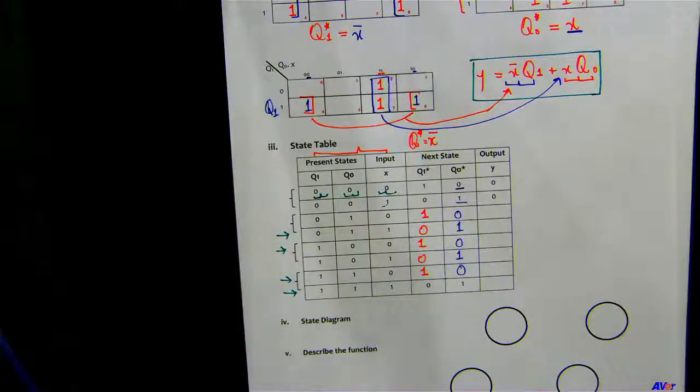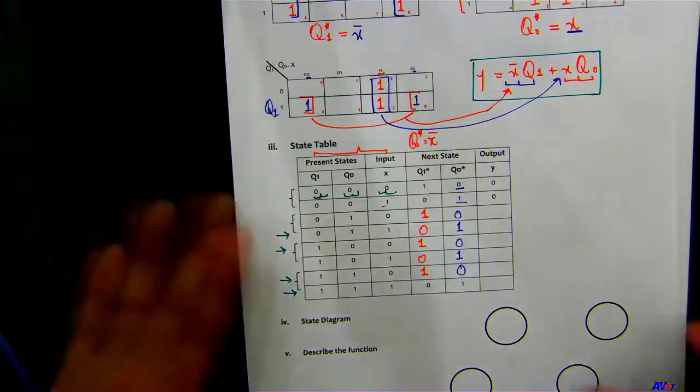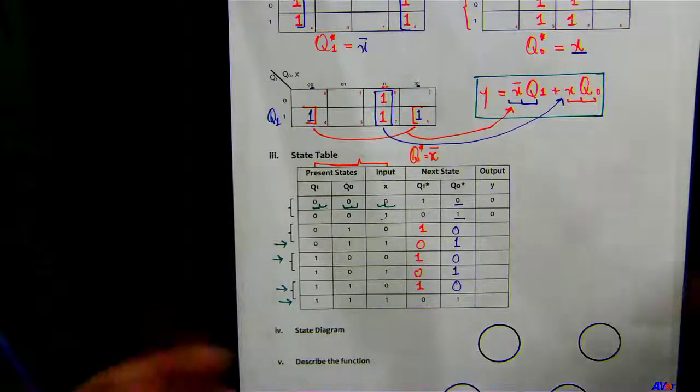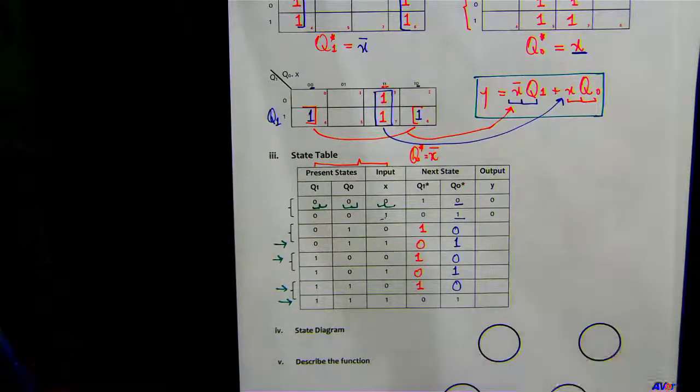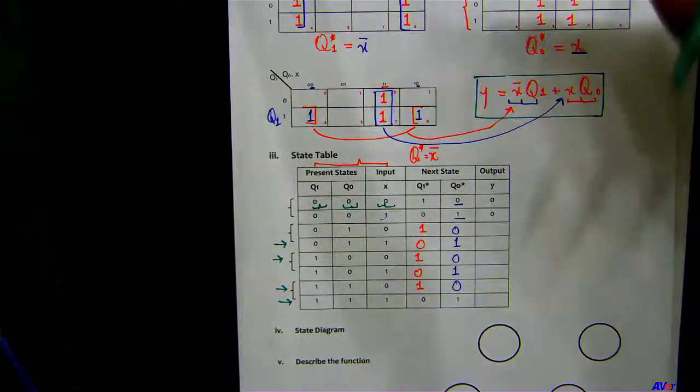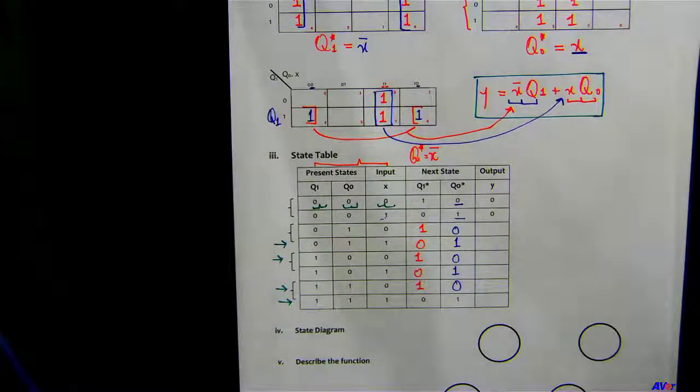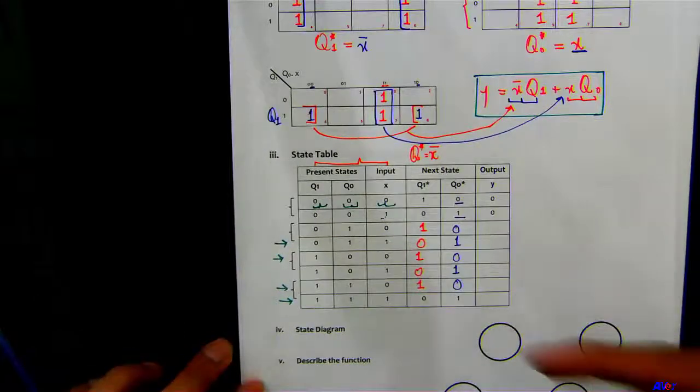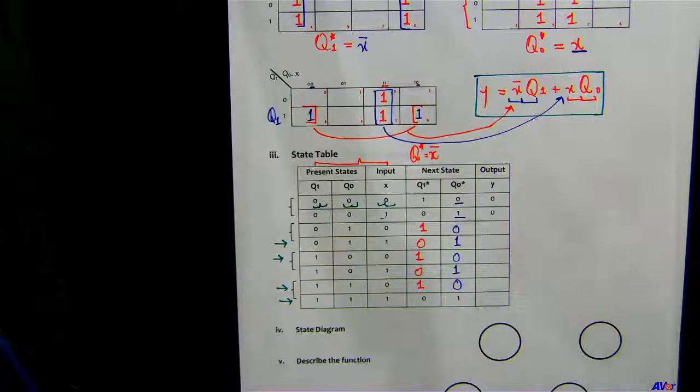That is right. How did you come up with that? Because it was already in the K-map. That is right. So again, depending upon which way you do, you can get this state table complete. One way, if you were going from state diagram to state table, you already have the state diagram, but actually